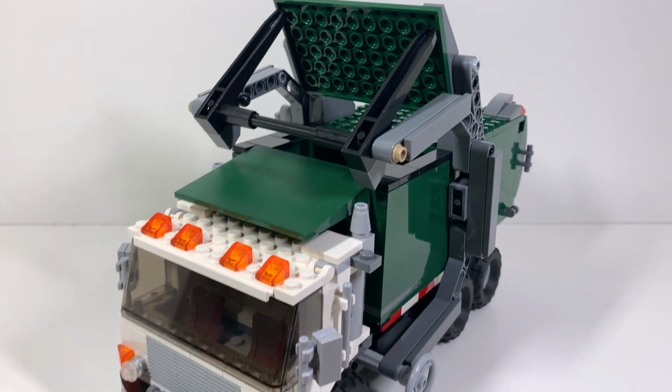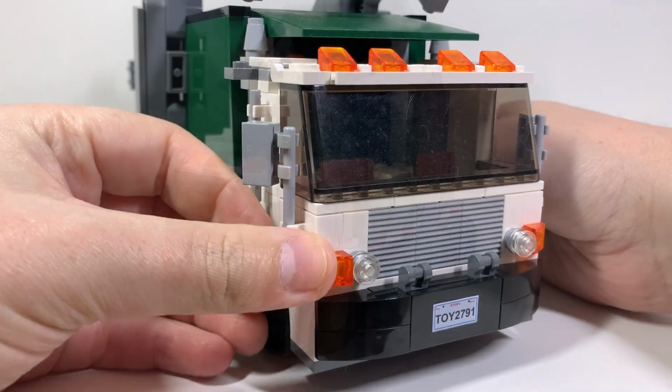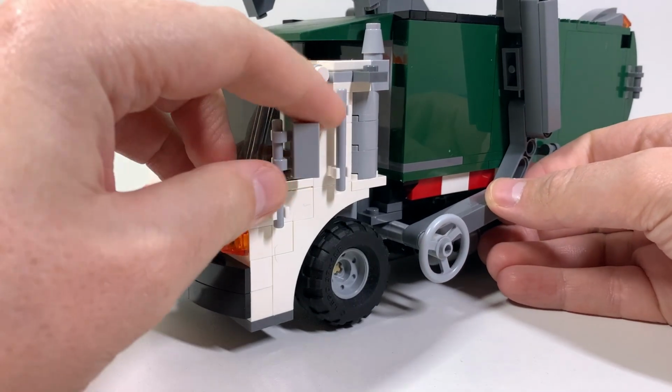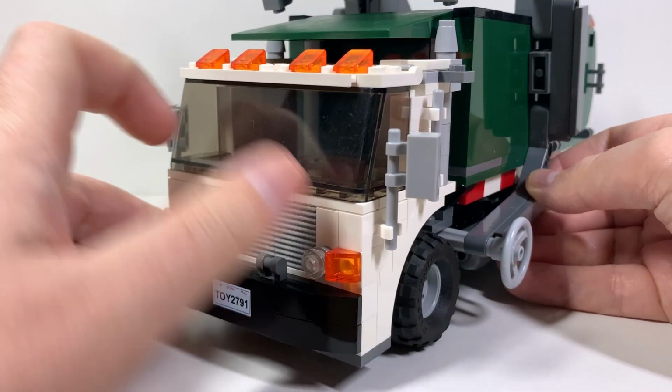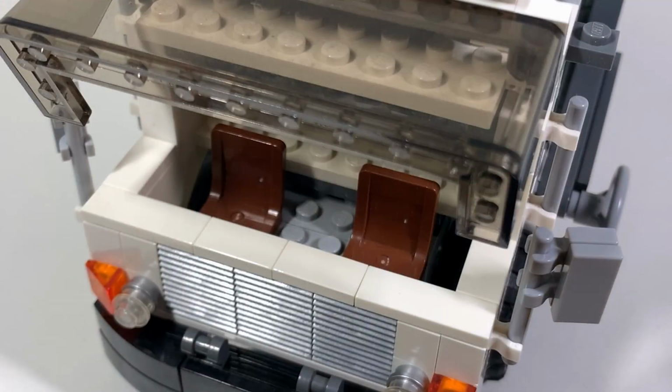Basically, the toys here are all produced as minifigures, so a regular minifig shouldn't be in scale to these real-world vehicle builds. It's like a heightened reality. The scales are all off there, but it's best you just don't think too hard about it. We can see the regular chairs inside there, but the room is pretty cramped, so a minifig looks rather odd